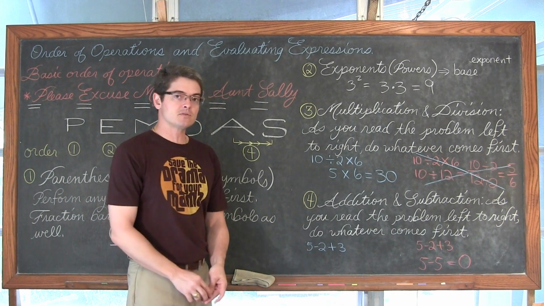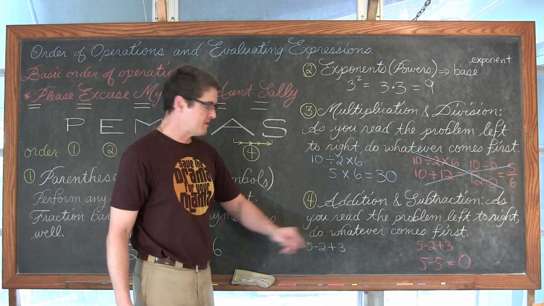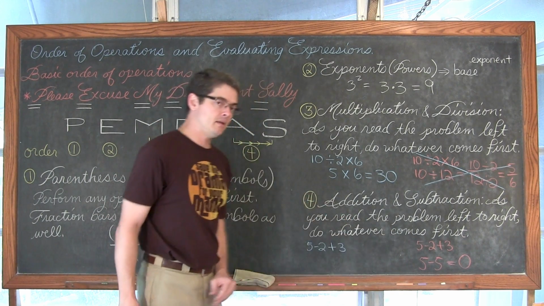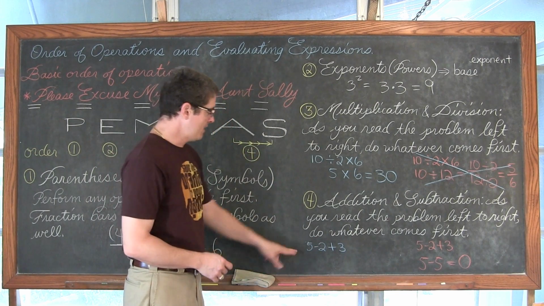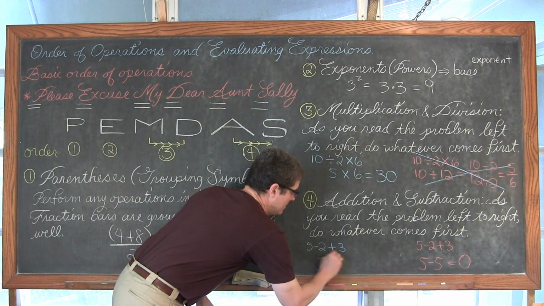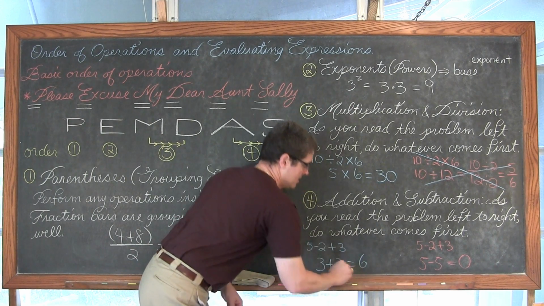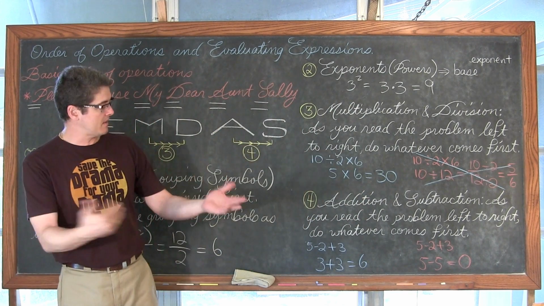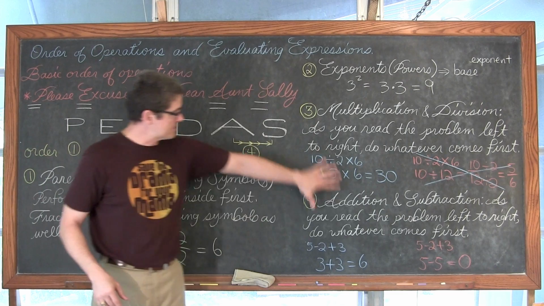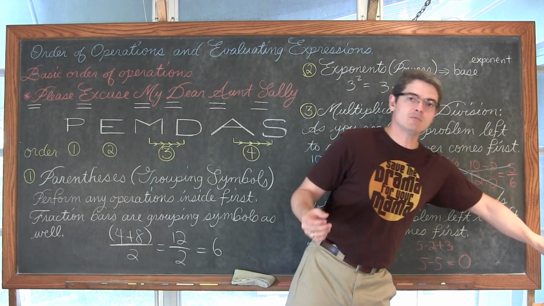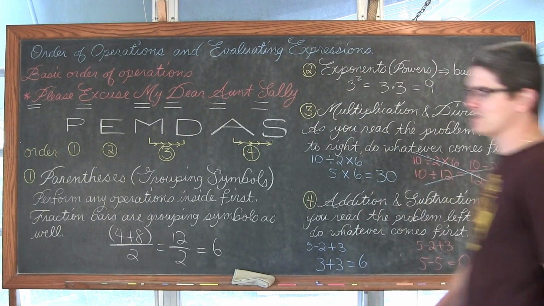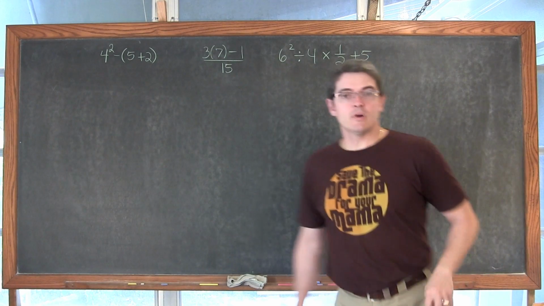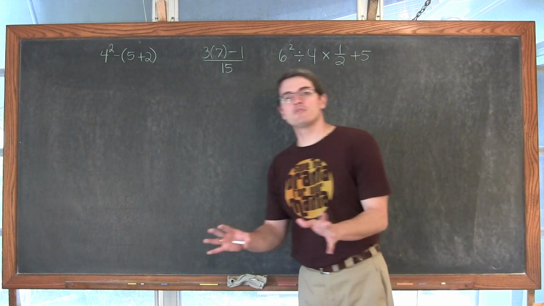If you've got $5 in your pocket and you spend 2, as I read this left to right, with addition and subtraction being the last step together that you work with, 5 minus 2 is equal to 3. 3 plus 3 is equal to 6. And there we see, really, with this third and fourth step, where way too many people forget their correct order of operations. Next! Here we have 3 just arithmetic problems, no variables in it yet.